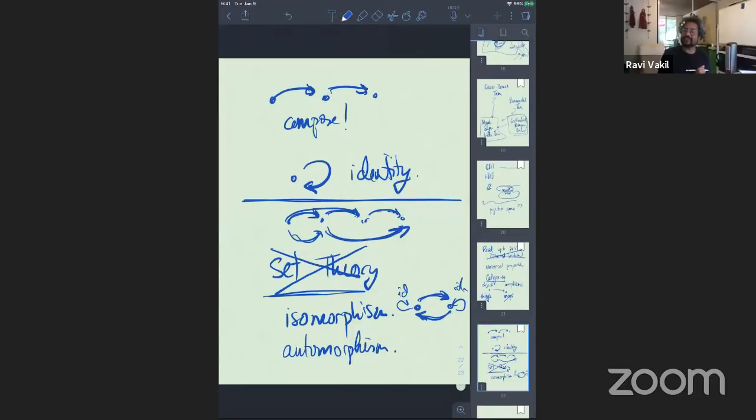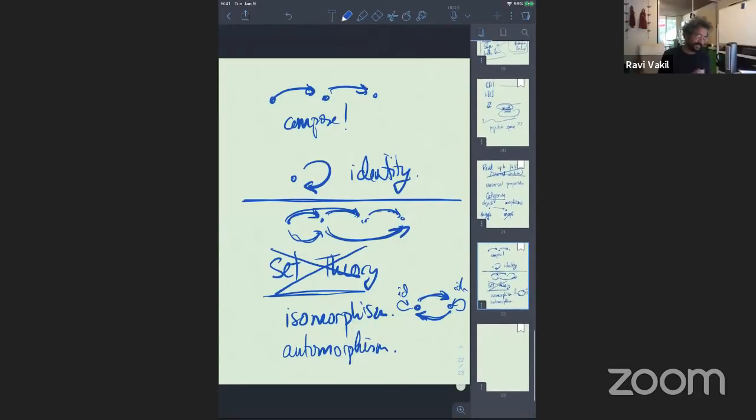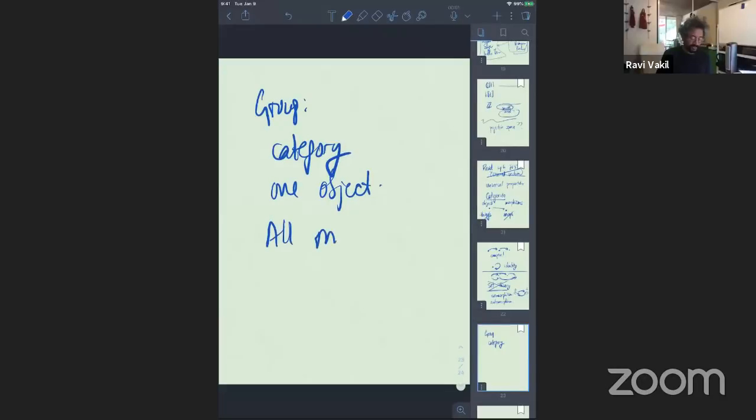And as a good test, a really parsimonious definition of group: a group is basically a category, not basically, you could define it as a category with one object, and all morphisms are isomorphisms. Is this the best definition of a group? I would say in one metric, it is the best definition of a group. And in another metric, it is so much the wrong definition, it's not funny.